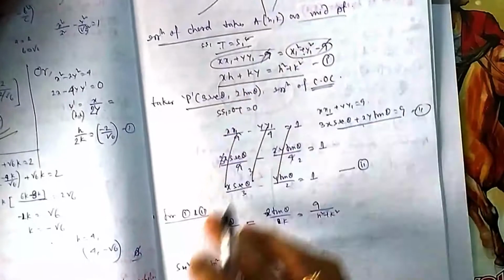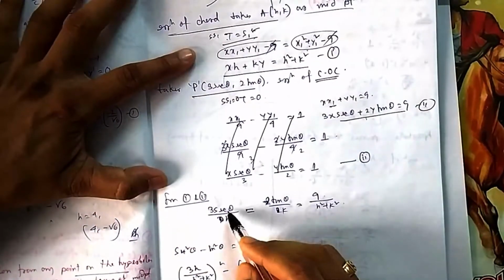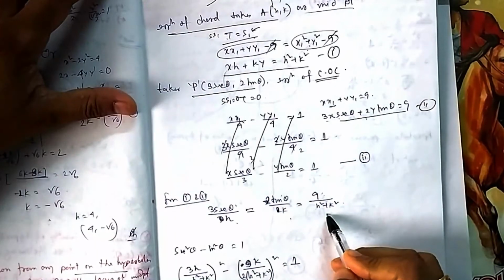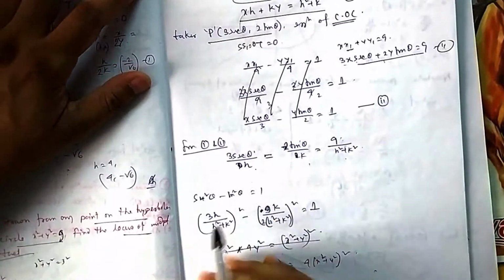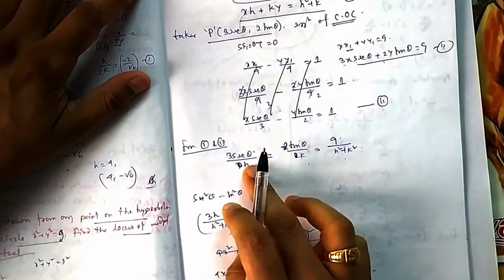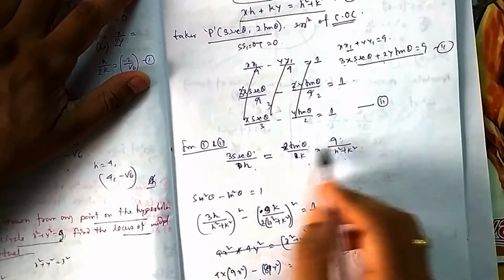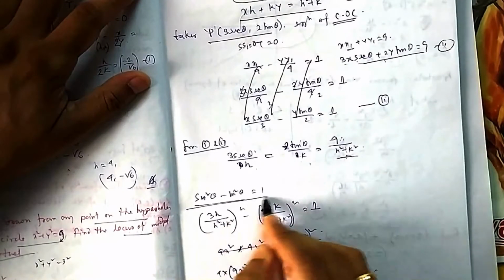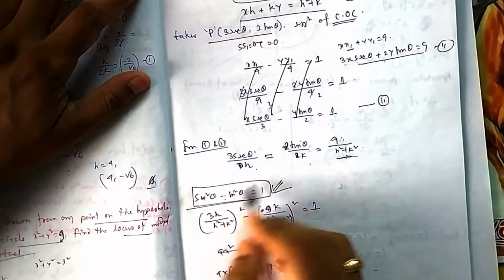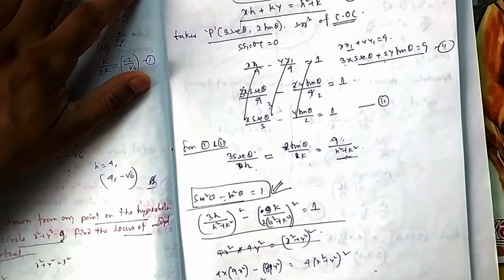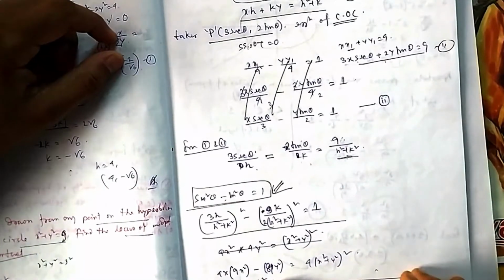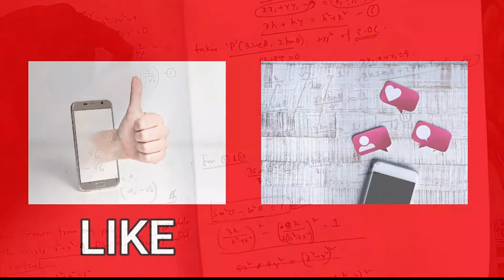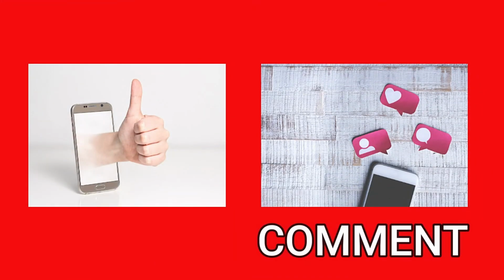These two represent the same line, which means you can equate the coefficients of x and y. The x coefficient is h, here the x coefficient is 3 sec theta, so 3 sec theta by h, 2 tan theta by k is equal to this. From here you just eliminate theta. So you can find sec theta as 9h by 3(h square plus k square), and tan theta as 9k by 2(h square plus k square). Then use the standard identity sec square minus tan square equal to 1. You put in sec theta and tan theta, and you will find the equation in h, k. I have not solved it finally, you can solve it. It will be an expression in x and y. That is the answer. If you like the video, then press the like button and please give your valuable comments in the comment section.